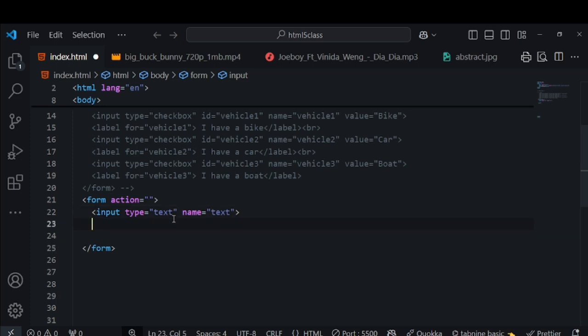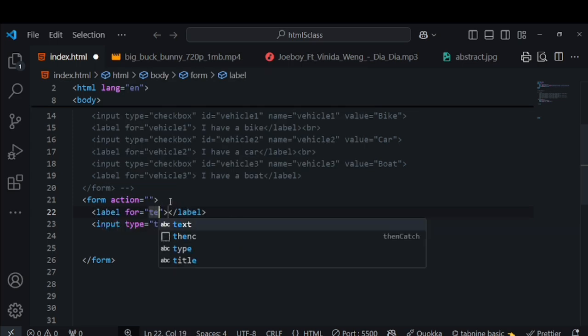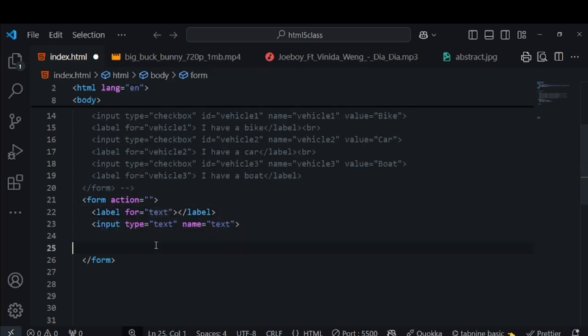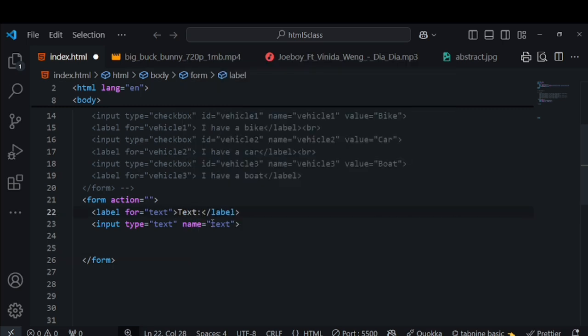I'm just going to give it a name of text, and we're going to give it a label, and the label is going to be for text. So we just say text, and then here we're going to include our line break,